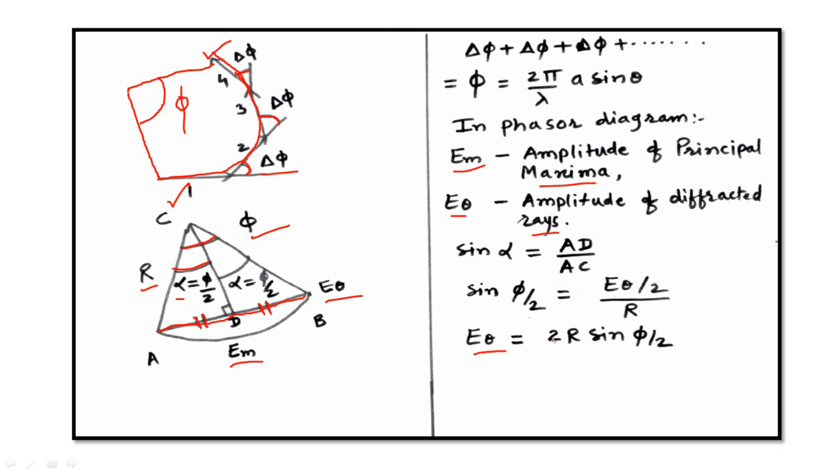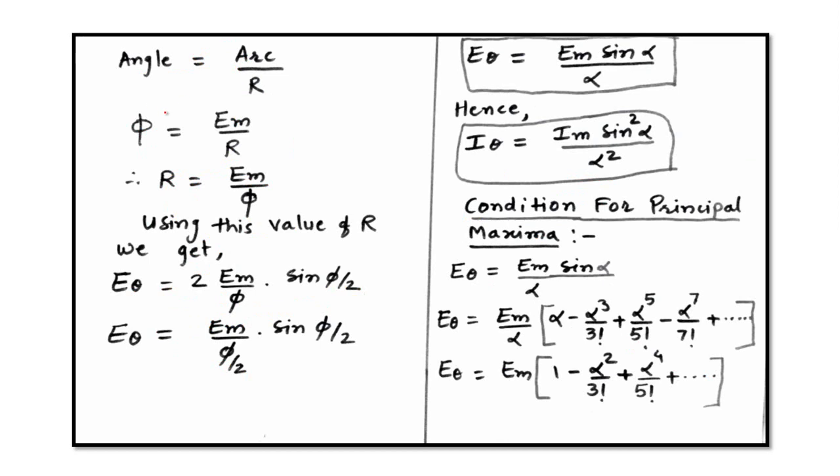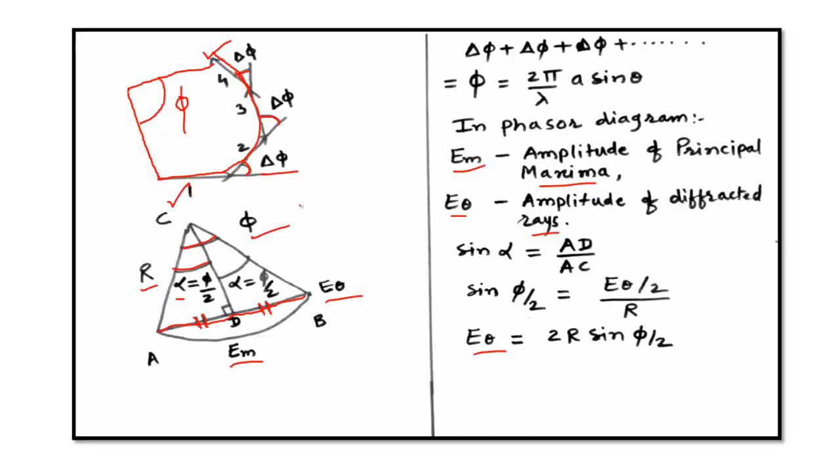So we get E theta is equal to 2 times R into sine of phi by 2. Now you know one more relation, that angle is equal to arc upon radius. So since angle is equal to arc upon radius, now our angle is phi, and arc is EM, and it is divided by radius, which is R. So we can rearrange this in terms of R, that is radius of arc, as R is equal to EM by phi, and now we use this value of R in this equation